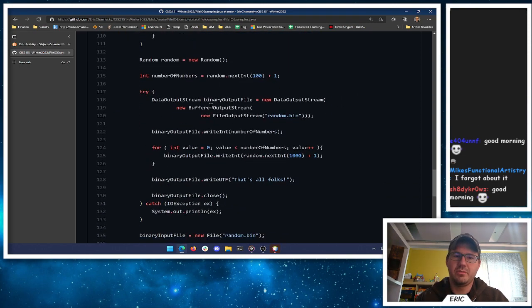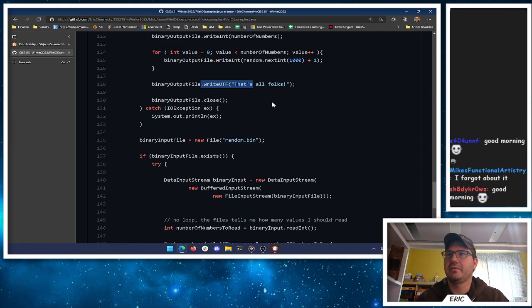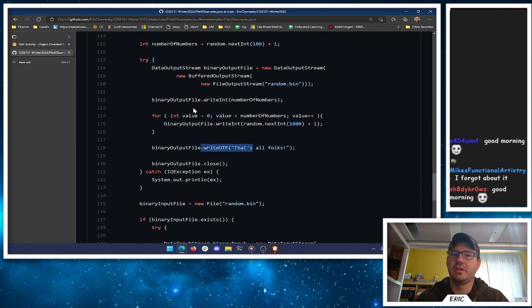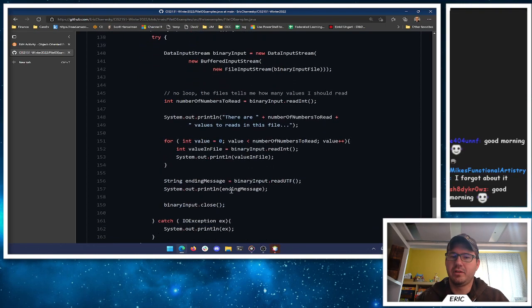I think we did a similar one. Yeah, this was the same idea for random values. We wrote the number of random values, and then we wrote some UTF, because we're going to use UTF, and then we're going to use integers. So we can read UTF or write UTF, depending on what we're doing here